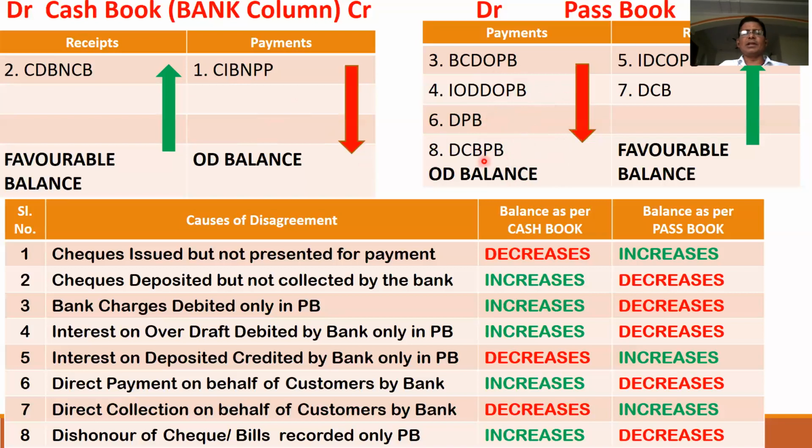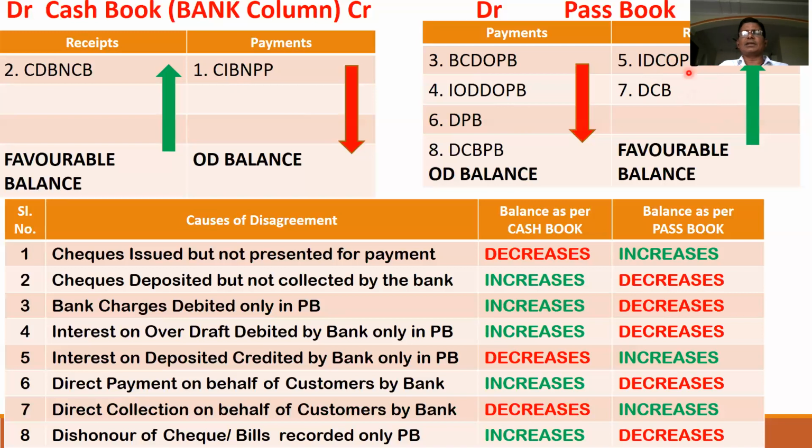Dishonor of checks and bills is recorded only in the passbook. Whenever checks or bills are dishonored, that is a payment, no doubt. What happens: the passbook balance decreases, there is no intimation, so the cash book balance increases. Interest on deposit is credited only in the passbook. Whenever we receive any interest, it is credited and the passbook balance increases, but there is no record in the cash